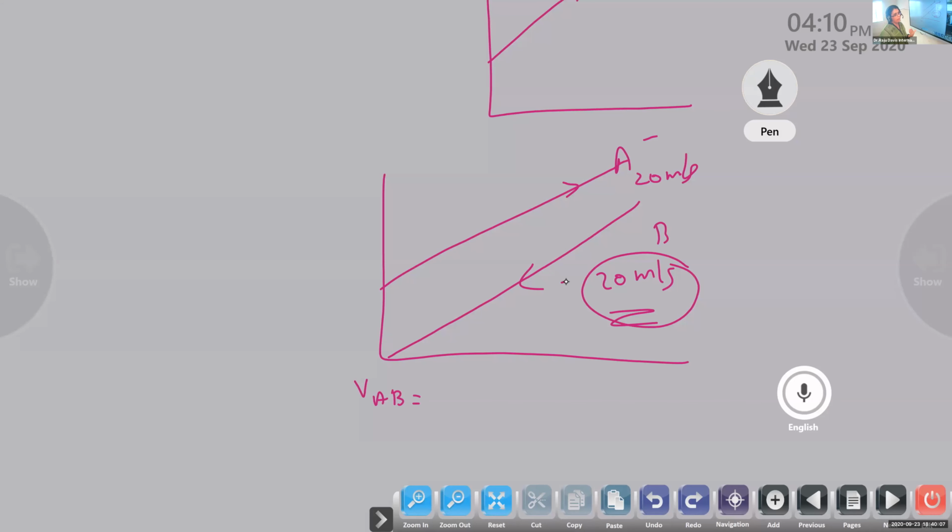So usually what we do is take left to right as positive and right to left as negative. For example, if you consider Mala to Chalakudi, you take it as positive, and Chalakudi to Mala, you take it as negative. But in this case, VAB means you have to find out VA minus VB. So VA, better you take VA as positive always. That will be easier for you to get the answer.